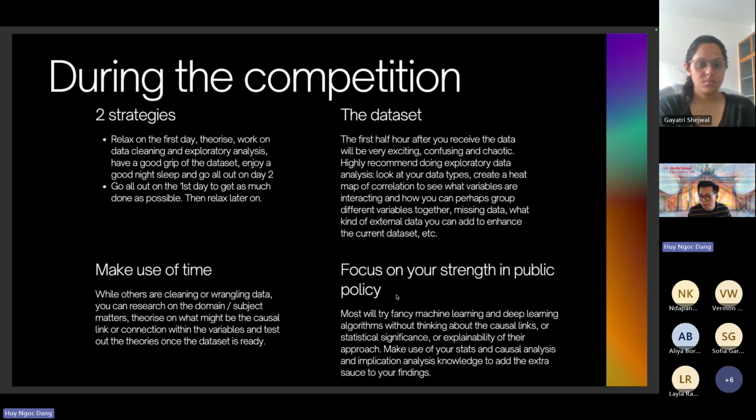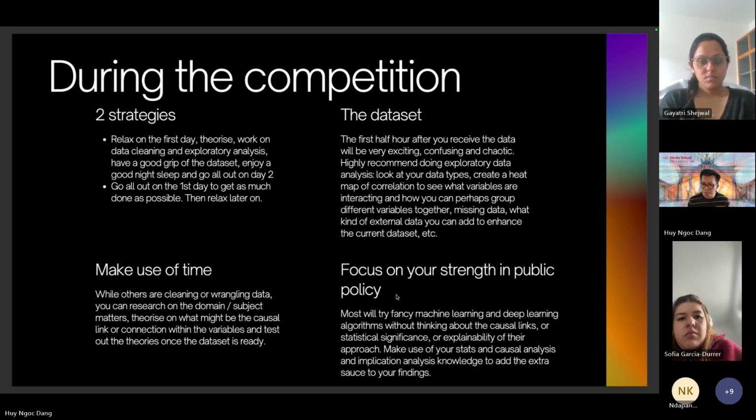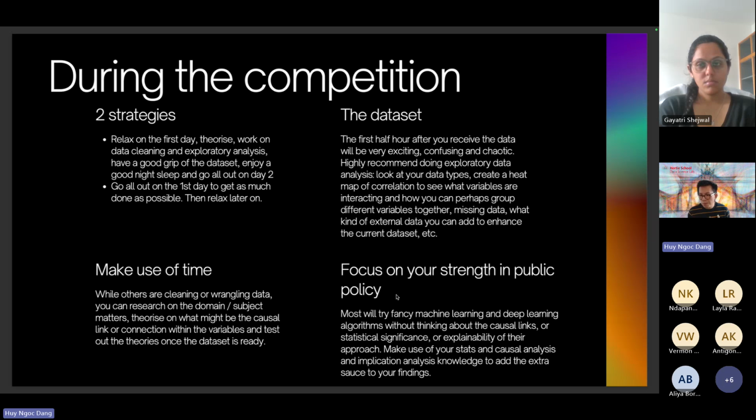But then a lot of times you don't think about, oh, okay, so what is the causal link? What is the actual usefulness of this, right? So how do you explain this approach? How do you explain how this could impact policy, how this could impact the general public, for example? And so this is where you come in with your strength. Right? So you come in with your stats, you come in with your causal analysis ability. You also come in with your viewpoint on what this means for the public sector, right? So on policies and on social implications, what does a data set like this, or what do the findings of this data set, how does it impact policy? How do you present this perhaps to policymakers and to decision makers to make a change?